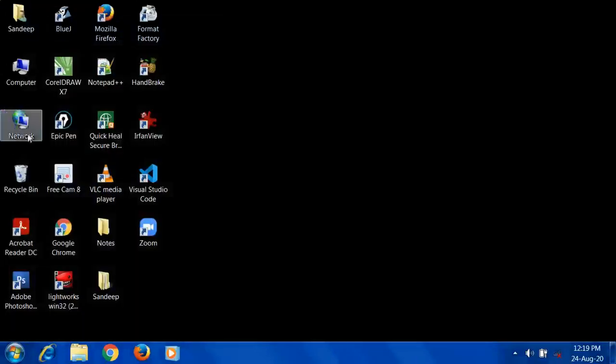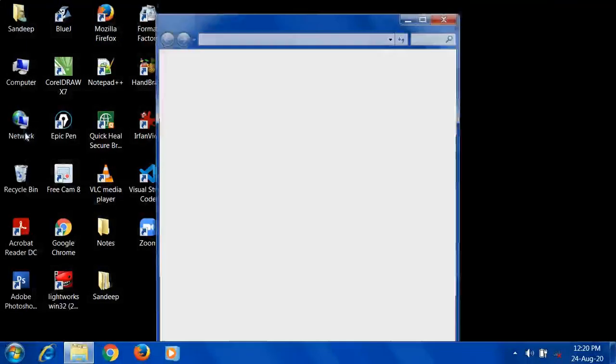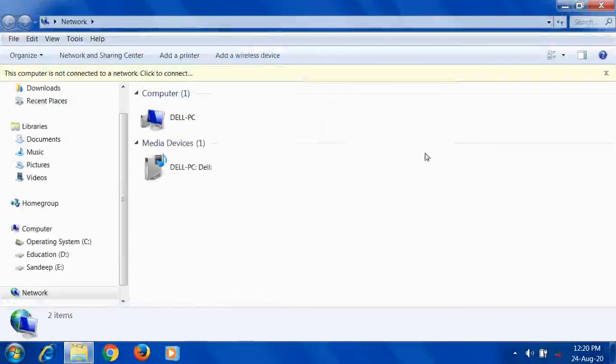So next is the network icon. Here the network icon is here. It allows you to access the shared files or devices on different computers in a network environment. This network icon allows you to set the network, in the sense if you want to connect your system with another system. In that case, you need to use these network icons to set up that system or devices, or if you want to connect to the internet and all. In those cases, this network icon helps us.